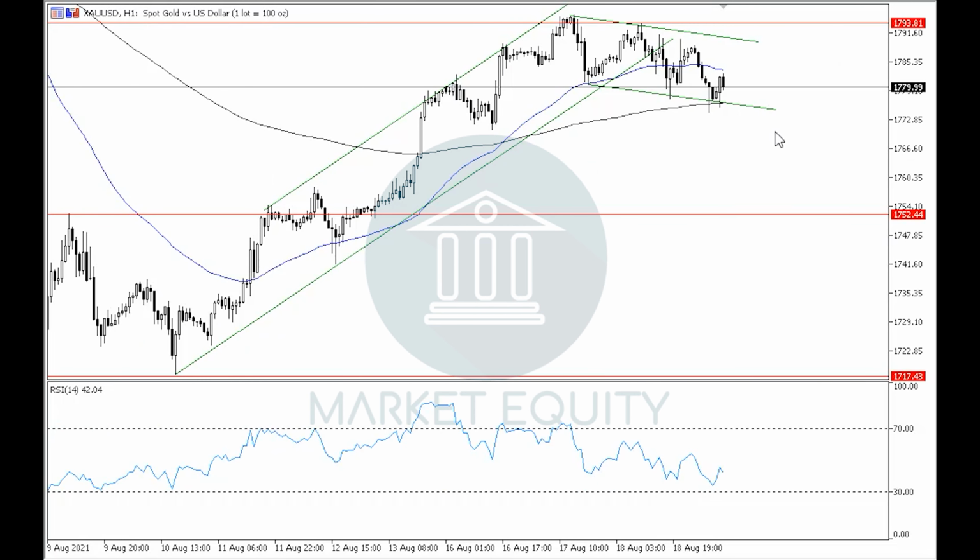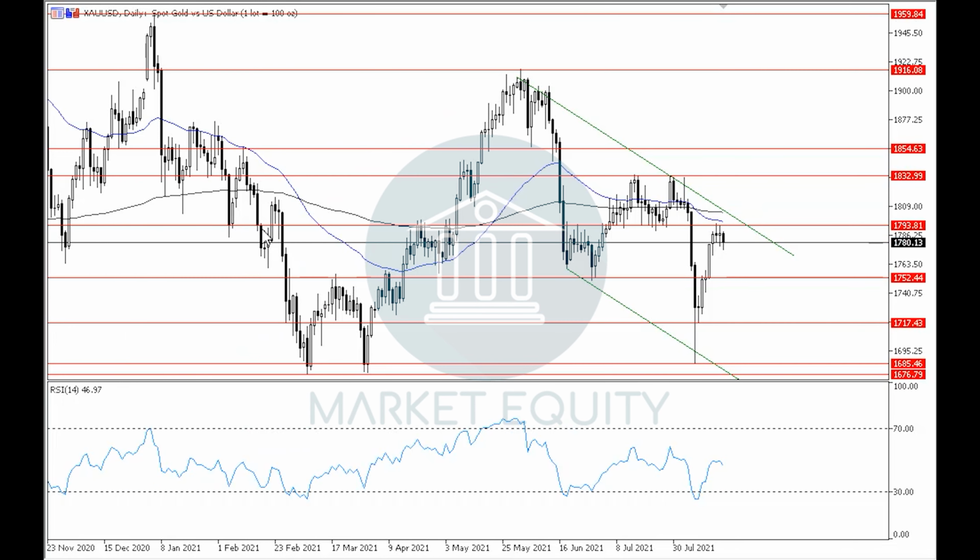And by breaking down through the lower boundary of the downwards channel, or by holding below level 1780, which resembled a horizontal support level in the 1-hour time frame, the gold will be continuing the downtrend in the 4-hour time frame as well as the daily time frame. If we notice the daily time frame, then we can see that after forming two doji patterns around level 1793, the current candle is a bearish one, and by closing as a bearish candle, it will support the formation of a peak around level